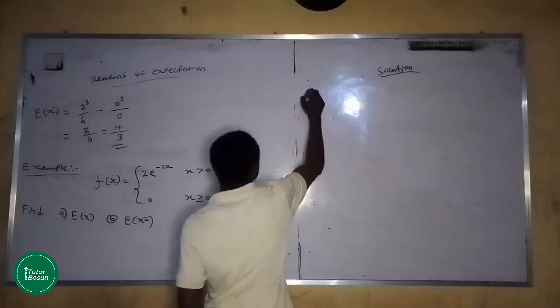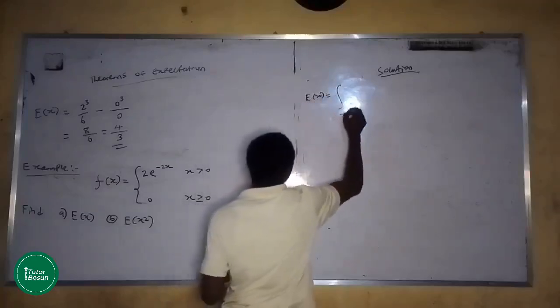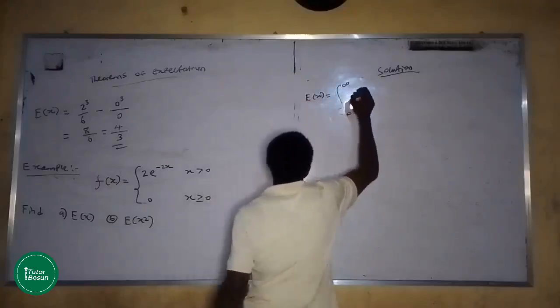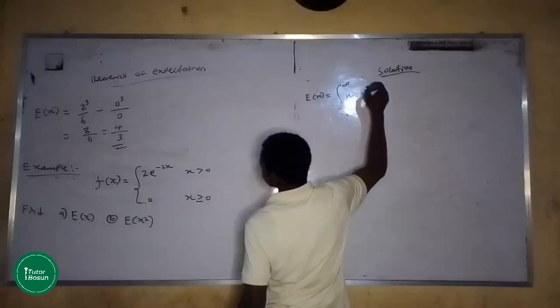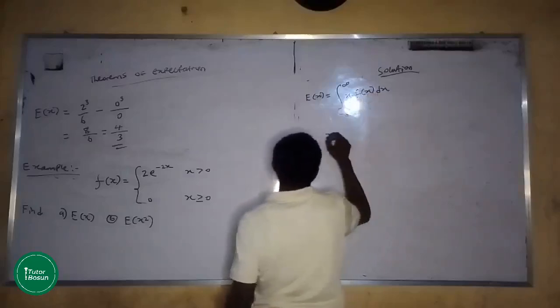So the first thing, the expected value of x. Remember, it is the integral from minus infinity to infinity of x times f of x dx. Here we have